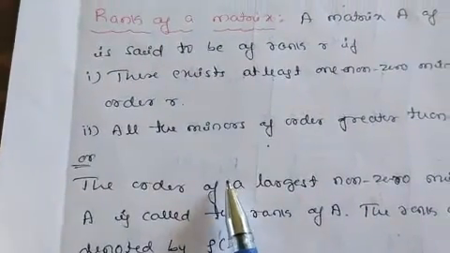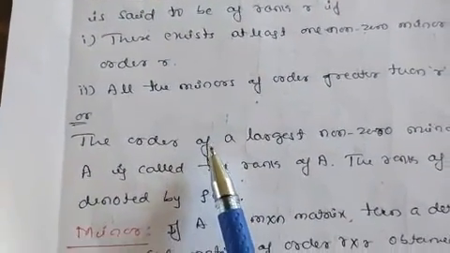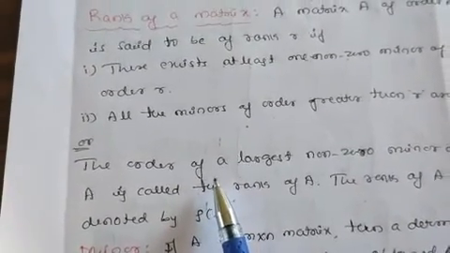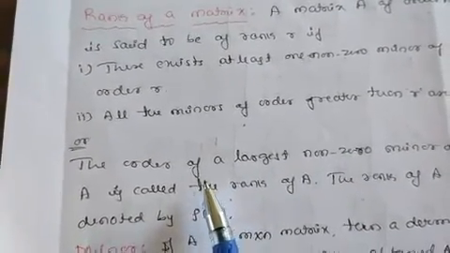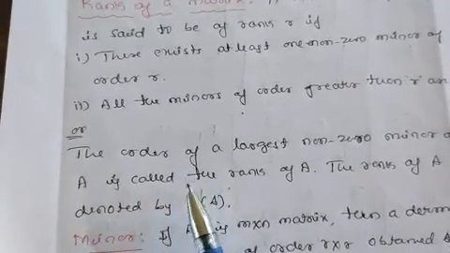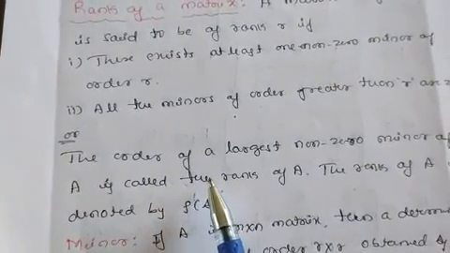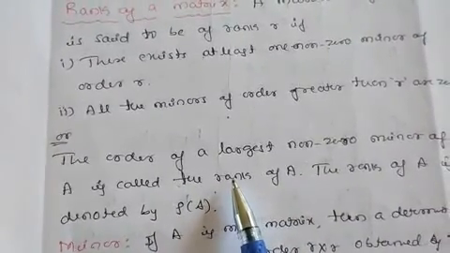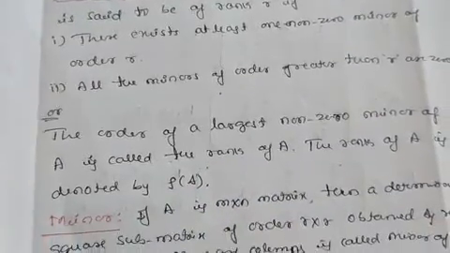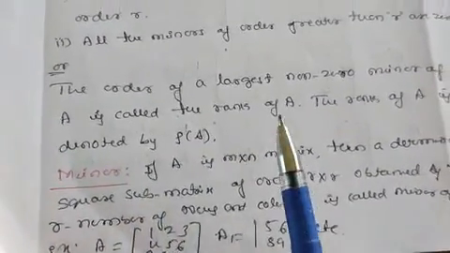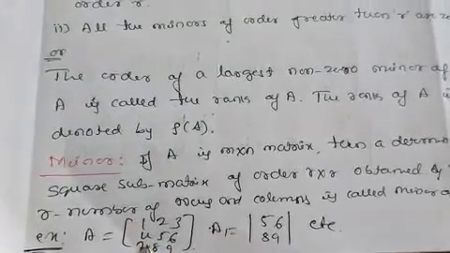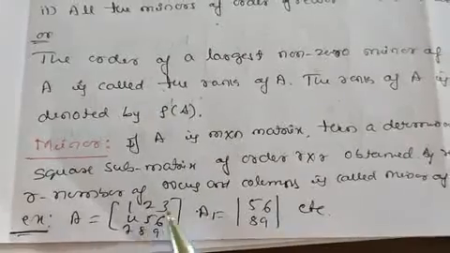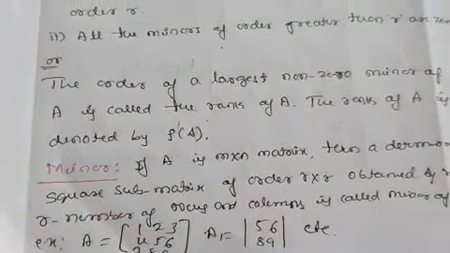This is the definition of the rank of a matrix, and this definition is not so important for finding the rank of the matrix in this chapter. We are using other methods for finding the rank, so just note this. I will solve examples on this topic afterwards because it is not useful here. Here I have a minor: suppose we have a matrix A like this. Minor A1 means leaving the first row and first column and writing the remaining elements.